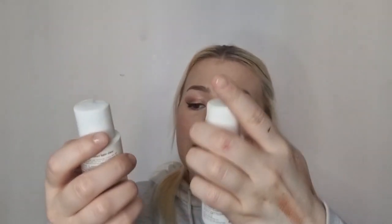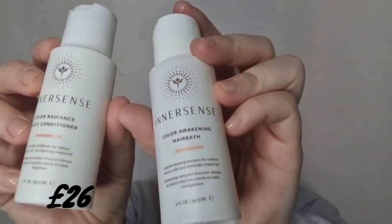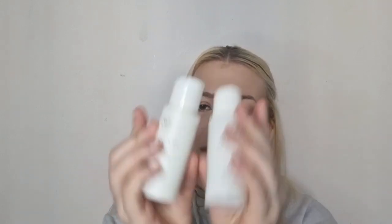Okay, so I've got a shampoo and a conditioner of Inner Sense Color Radiance, so it's for coloured hair, you muppet. Yeah, that sounds really, really good. I can't wait to give these a little try. This says I am healthy and vibrant, and this says I am energetic and I let my inner light shine. How sweet is that? So that was the March box,